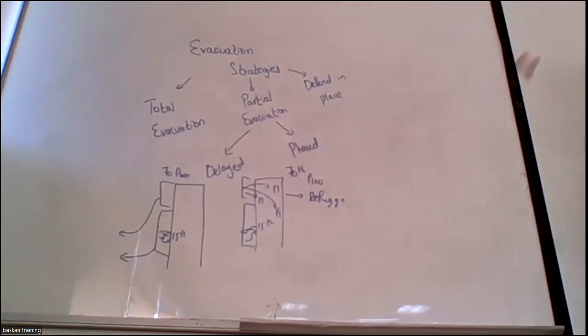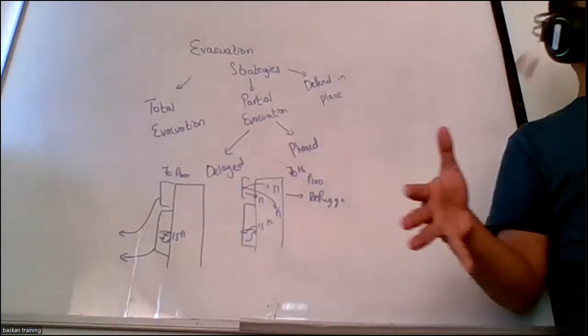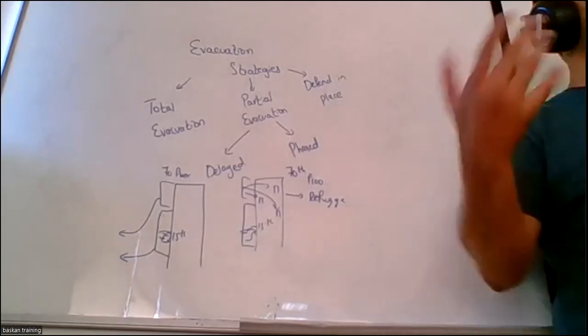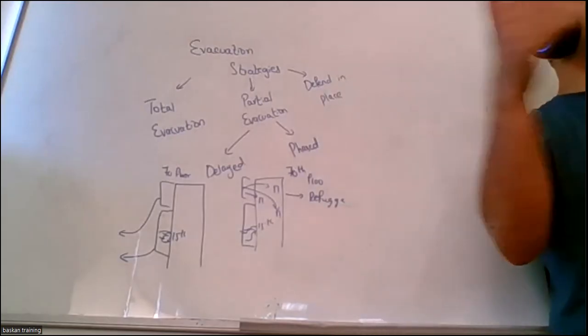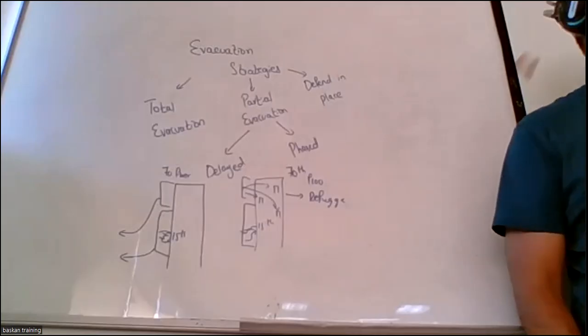So usually in high-rise buildings, we have partial or delayed or phased evacuation. And why? What is the purpose? Because the occupant load is too high. At one time, you cannot tell a 70 floor building to evacuate at once. A stampede situation will occur in the staircase. So many people will be occupying it. In case, God forbid, some pushing happens and someone is injured, a stampede situation can occur. So that's a good result. Movement of the people can be slow.